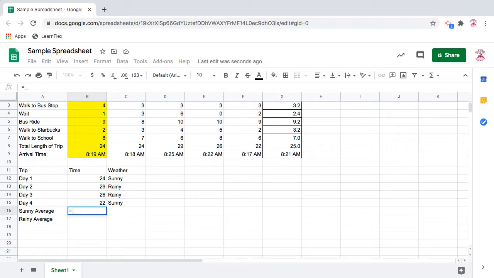So I'm going to type an equal sign to let you know it's a formula. Sum if, that is, sum this up if this condition is met. So the first part of the field is the range to look for the condition. So I'm going to look for the condition in the ranges from C12 to C15. Okay, comma. What's the condition? Is it sunny? You have to put the word in quotation marks, and it has to be clearly spelled in the same way, or it will not count. So I'm looking for sunny,